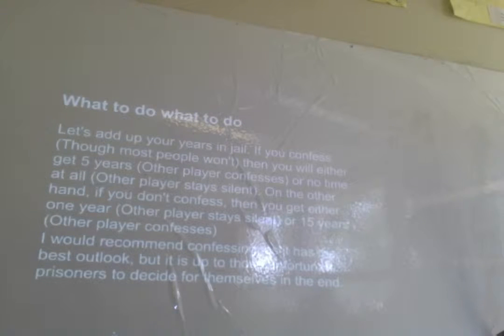Essentially, I just based it down to numbers. Just added up the numbers on each side. I just based them off each other. So essentially, if there's a 50-50 chance that the other person